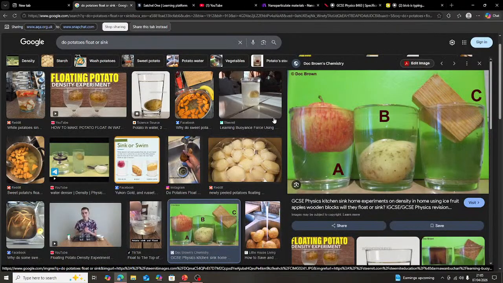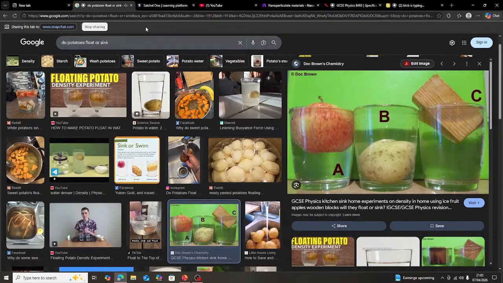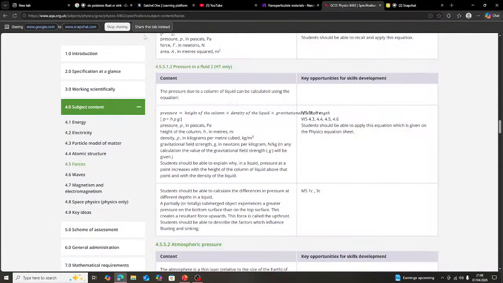Oh, Simon, is this a potato or an apple? What? Where? I can't see it. It's an apple, bro. Look at it, bro. Where's he getting potato from? From the picture. You wouldn't look at a potato and say it's an apple.